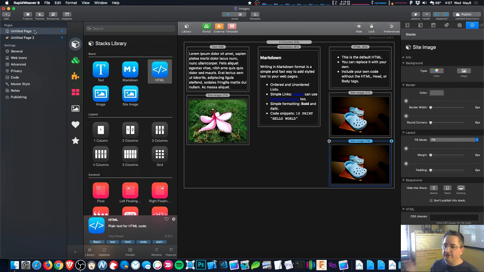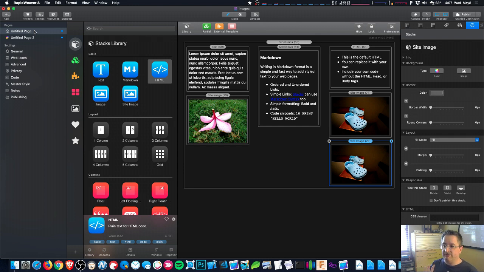And it's now the default image type as long as you're using RapidWeaver 8. RapidWeaver 7 and earlier, we don't have this feature. We would love to, but there isn't an API in RapidWeaver 7 that allows us to do that anymore. So for now, this is just a RapidWeaver 8 feature. RapidWeaver 7, you can still use the same images that we've always had in Stacks. But in RapidWeaver 8, everything switches over to these warehouse images, site images,